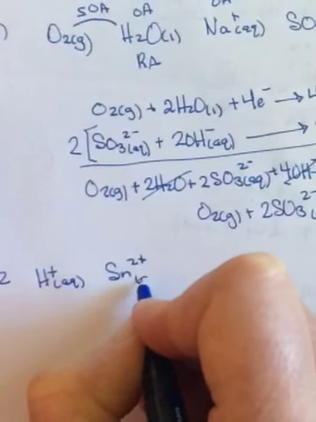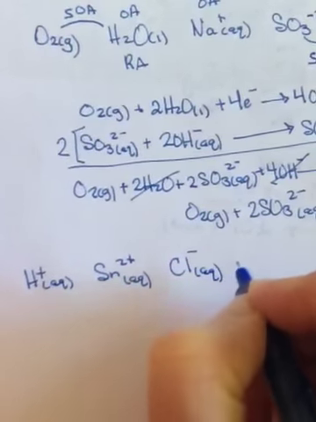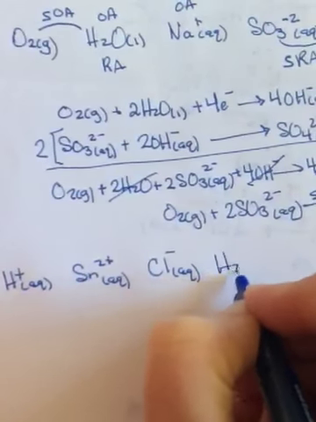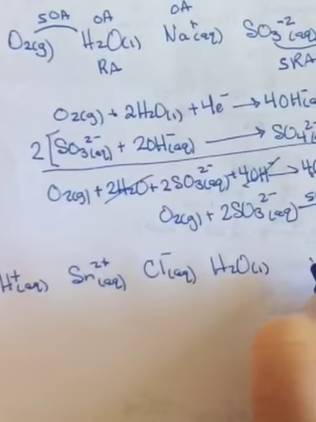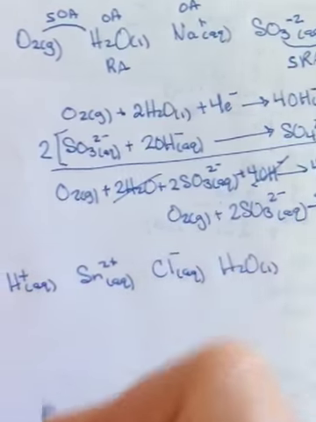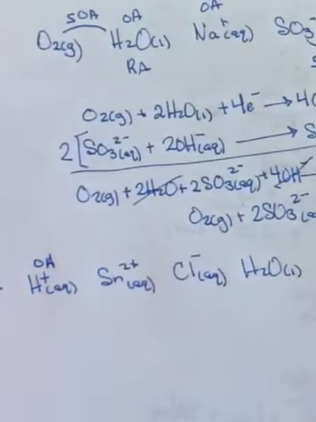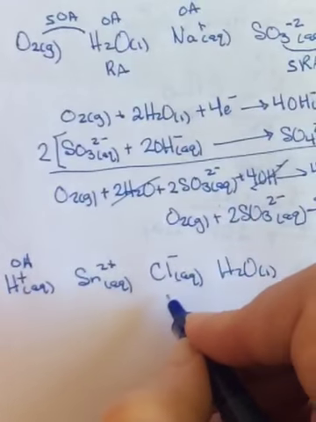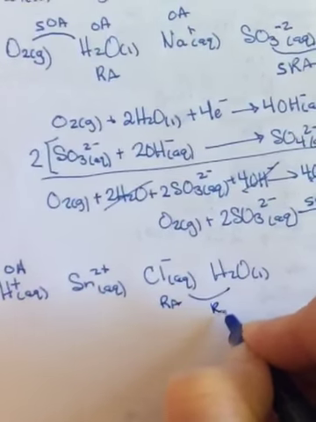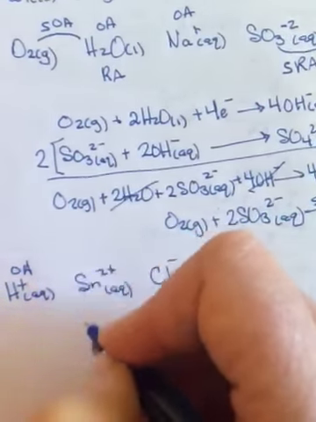Tin 2 aqueous, chloride, Cl negative aqueous, solution, H2O liquid. Will the solution be stable if stored for a long period of time? Okay, so we've already done H positive, it's an OA. We've already done Cl, it's an RA by itself, and an RA linked with water. Water is an RA and an OA. And if you remember